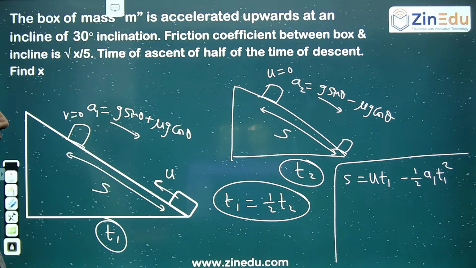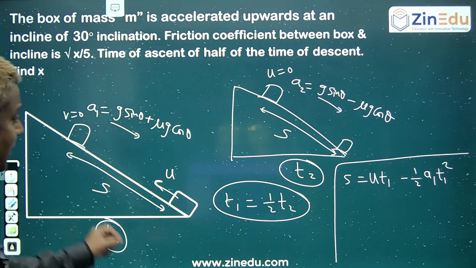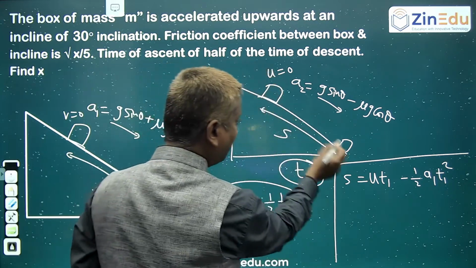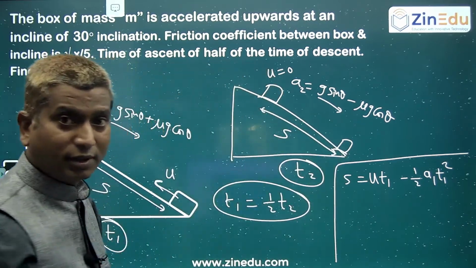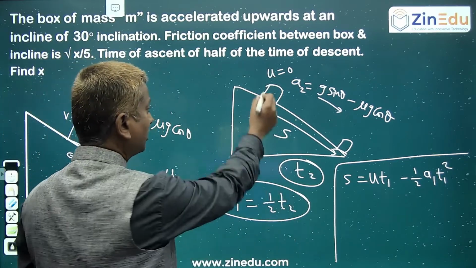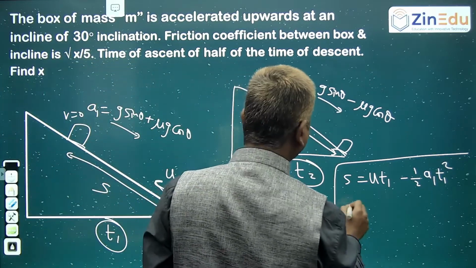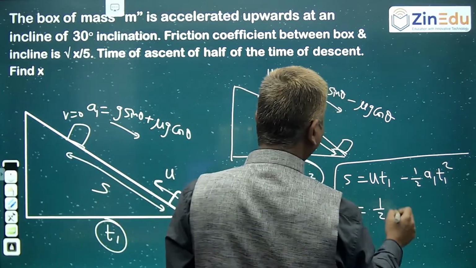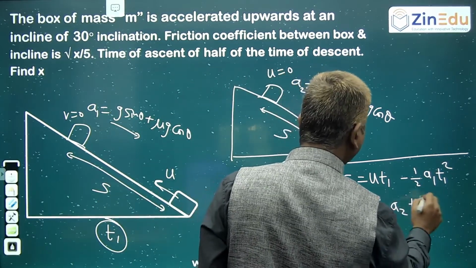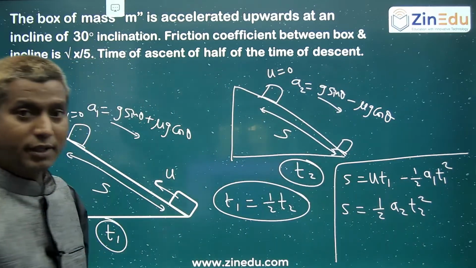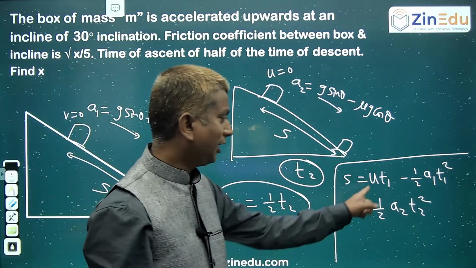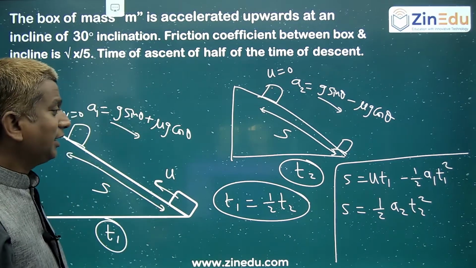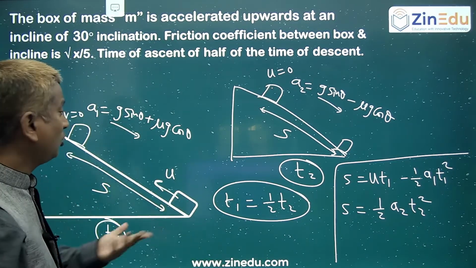There is a relation given between t1 and t2. Same, yes, here to here with initial velocity 0, it is coming down, right or not? Velocity 0, it is coming down. So you can use s equal to initial velocity 0 plus half a2 t2 square. Now the question is again the value of u, some velocity, what you are given. This you can write again in terms of acceleration and time. How can you put it?